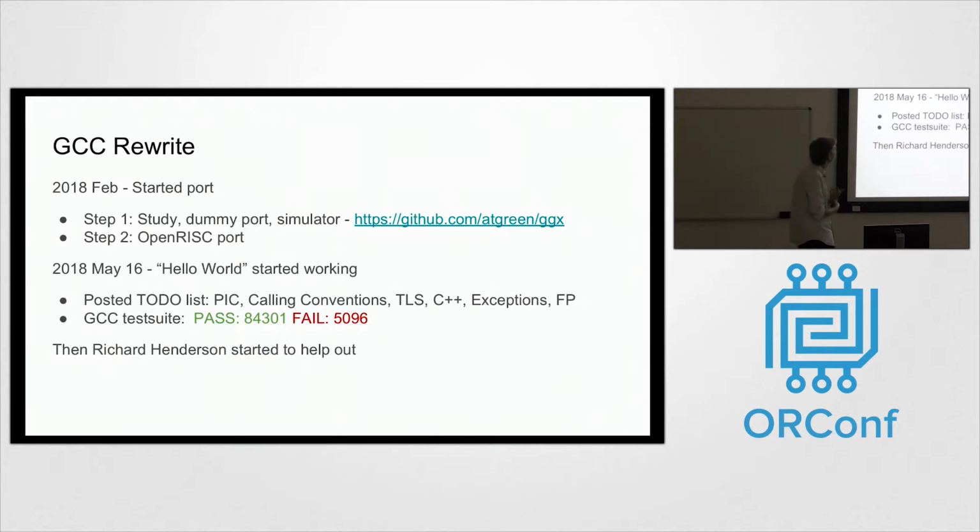So it started in about February, and then I had an OpenRISC port working to run Hello World by about mid-May. So it was, I guess, about a month and a half, which was pretty good. But it wasn't working. There were lots of to-do items. The calling conventions for the ABI were not working. The TLS, like thread local storage, C++ exceptions, PIC, shared libraries, position independent code, that wasn't working. Probably all the signed and unsigned stuff was completely wrong.